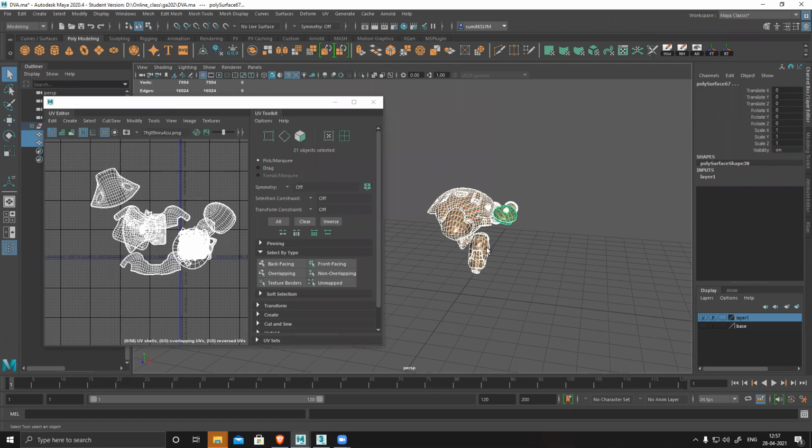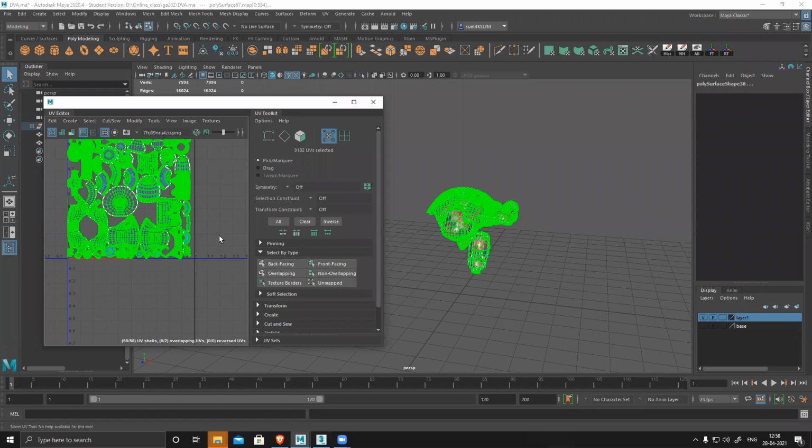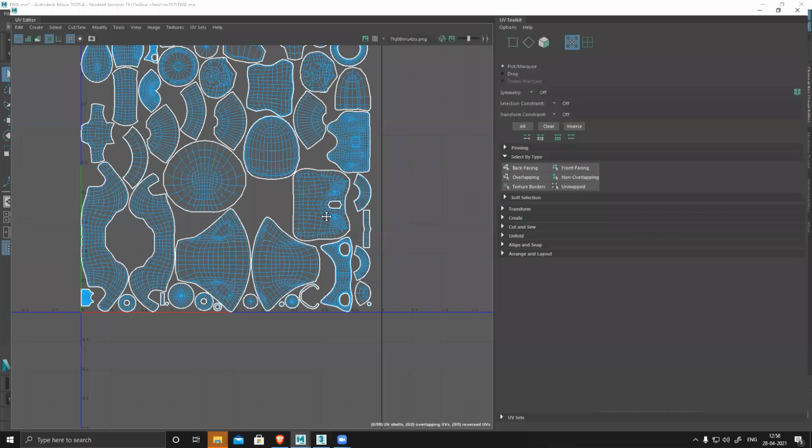Before duplicating, what I'll do is I will UV map it very nicely, pack it very nicely, and then I will start duplicating my mesh. So my symmetry parts will be duplicated and UVs will be perfectly overlapped, and then I'll fix it. And just for this section, if I do automatic layout, this is the automatic layout.